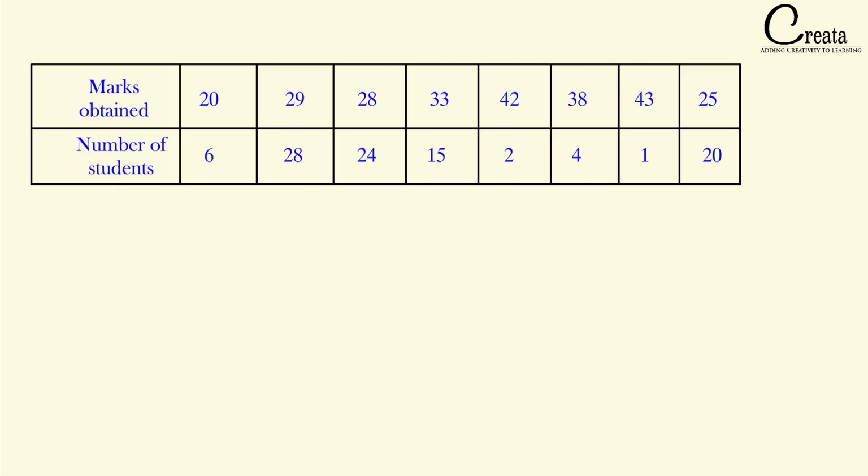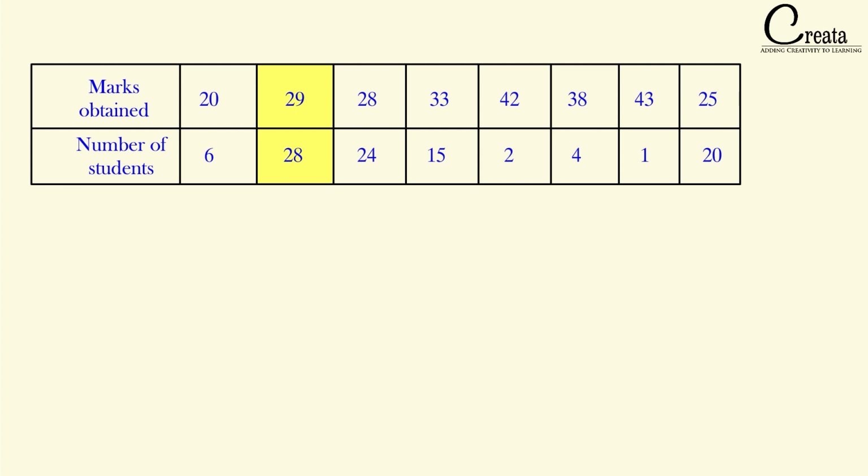Here we have an example and we have to find the median. The data is given in tabular form. Let's see what the data is. In the first row we have the marks obtained, and in the second row we have the number of students, that is, the total number of students who got the respective marks. For example, this column is showing that 6 students got 20 marks. We have 6 students who got the marks as 20,